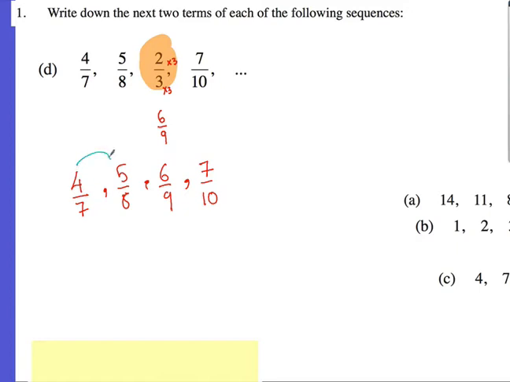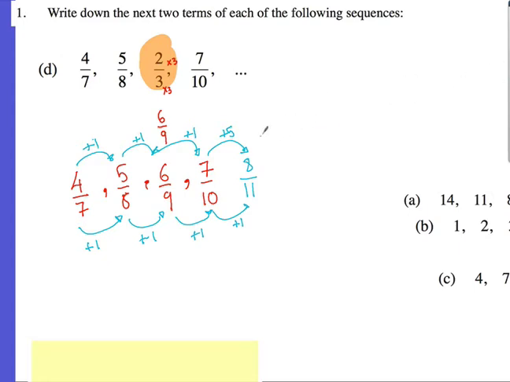Well, clearly this is going up by 1, goes up by 1, and now it goes up by 1 as well. And the denominator goes up by 1, goes up by 1, goes up by 1 as well. So the next term, the fifth term, will be going up by 1, which is 8, and its denominator will go up by 1, which is 11. And the term after that goes up by 1 as well. 9 goes up by 1